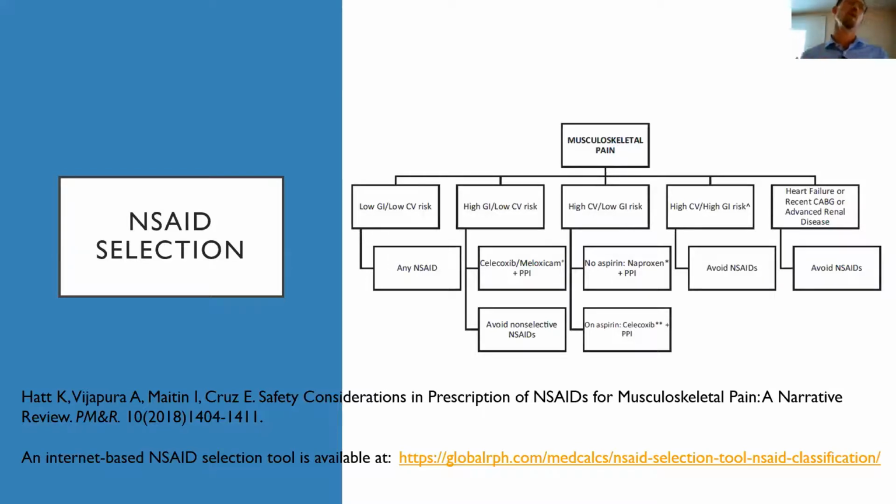And we talk a lot about polypharmacy, and my goal here today is not to drive up polypharmacy, but it's a consideration to at least think about adding a PPI in those high-risk patients, or avoiding an NSAID. And try to avoid non-selective NSAIDs in those patients. The middle column is high cardiovascular risk but low GI risk. In that case, you may want to use the NSAIDs that have a lower risk of cardiovascular events, and that tends to be naproxen and celecoxib.